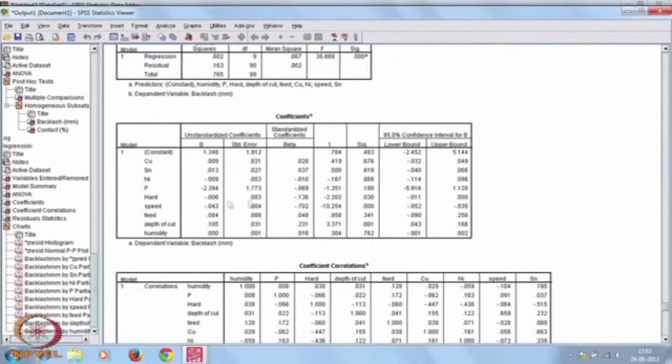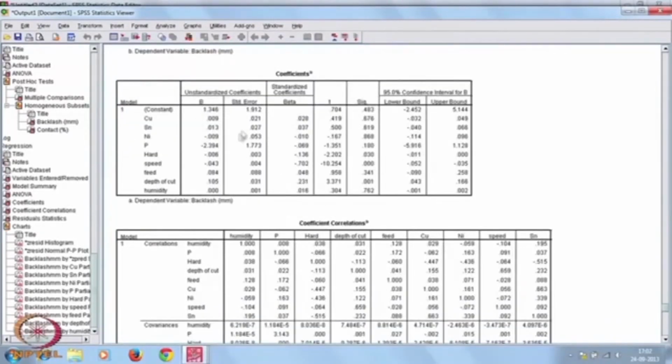Now, come back to this SPSS output. So, see these are the beta, then standard error, then standardized coefficients. If you have taken original variable values, you can standardize the variables, and then you will get the standardized regression coefficient, the t value also, and significance. If we consider that 0.05 level is acceptable to reject the null hypothesis,